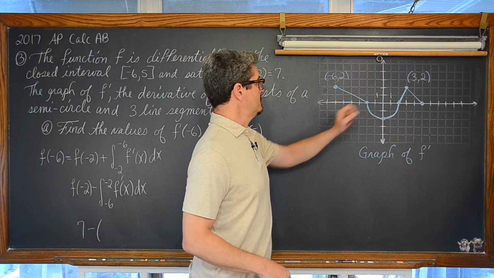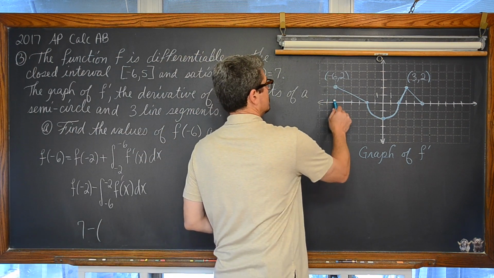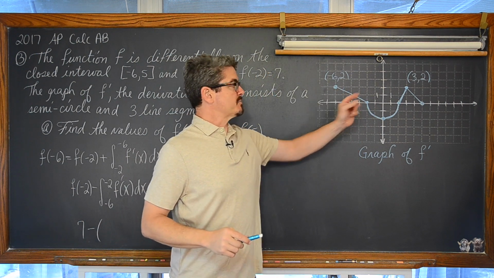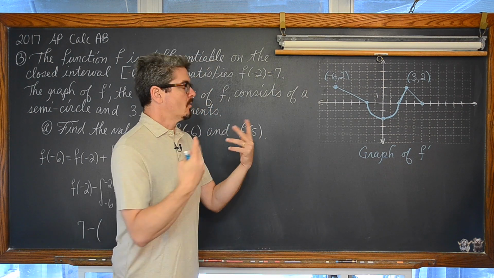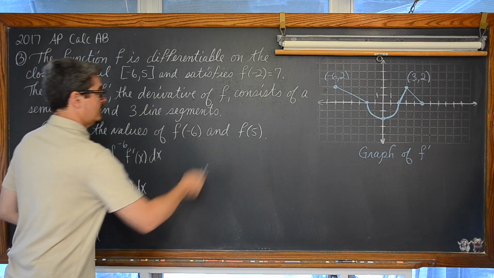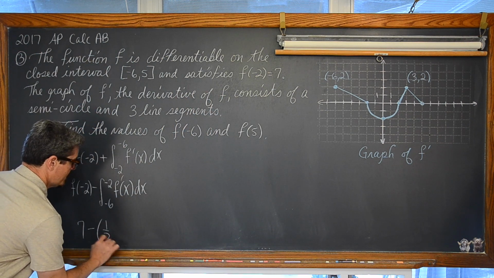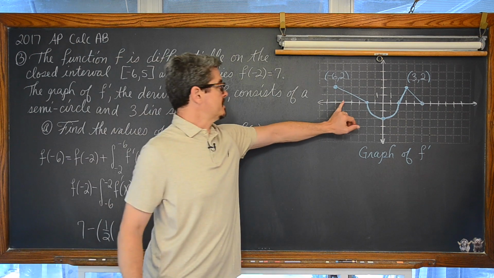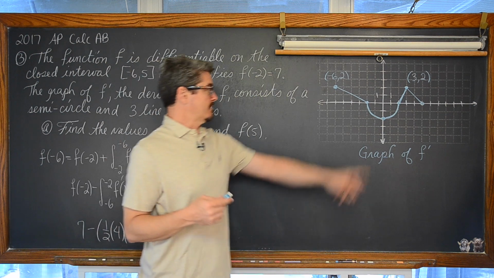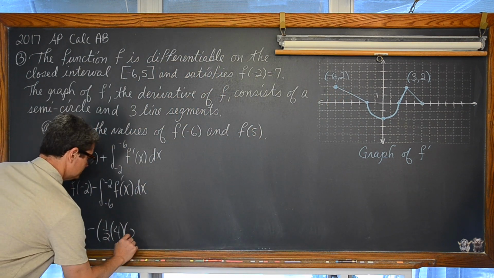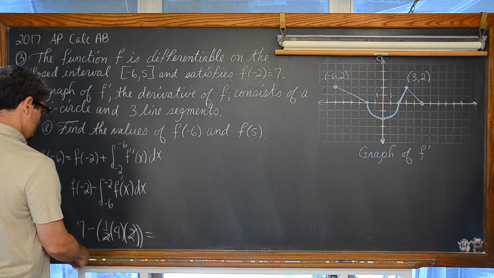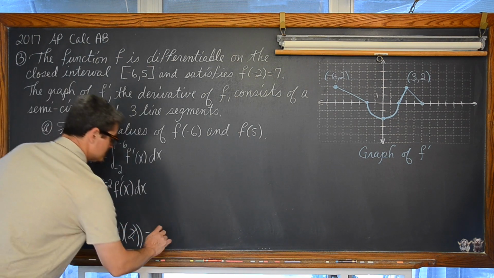From -6 to 2, we have a triangle that is above the x-axis, or we have a function giving us positive y values. That's the area, or the definite integral, which is really just a limit of sums, is going to be positive. And the area of a triangle, of course, we know is 1/2 the base. All right, easy enough. 1, 2, 3, 4, times the height, and that height is equal to 2. So that's going to be equal to, well, the 2's cancel out. We got 7 minus 4, which is equal to 3.